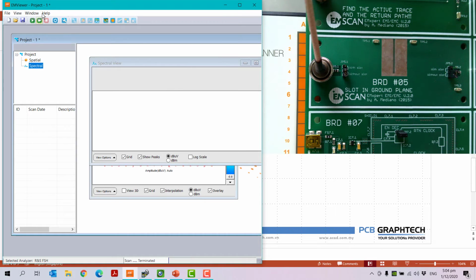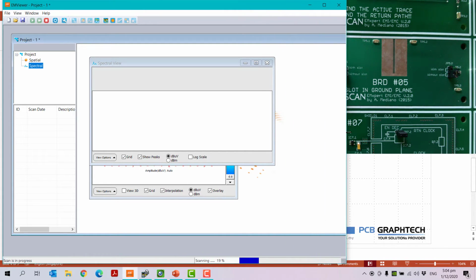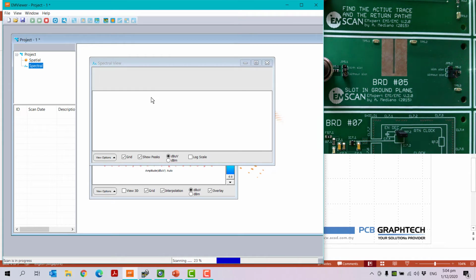Then I can do the spectral scan here. Just start scanning. It will show you here that it is setting your spectrum analyzer first. Okay, so first it sets the spectrum analyzer and then it will start scanning. Since it is scanning a wide range of frequencies, it will take some time to show the scan. You can see here, for the wide range of frequencies, you can determine the output.